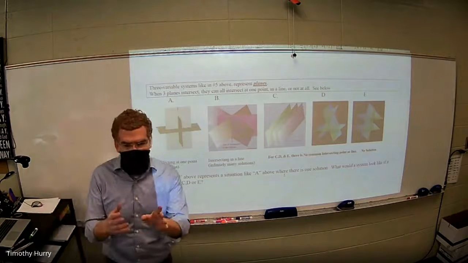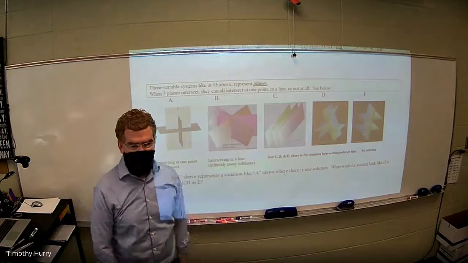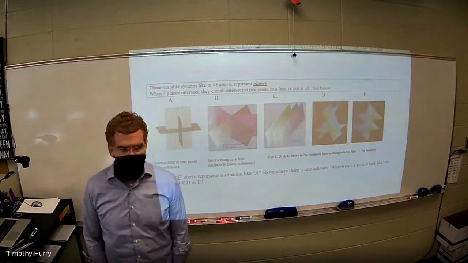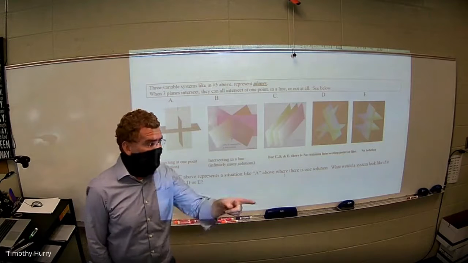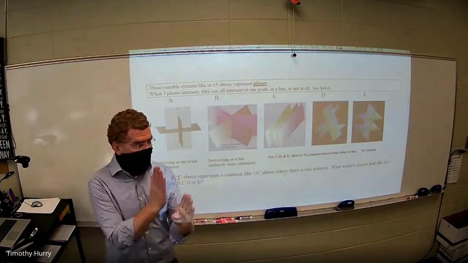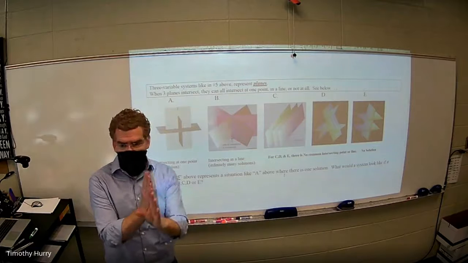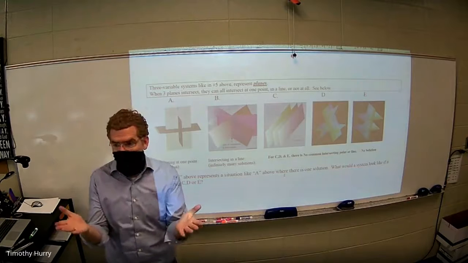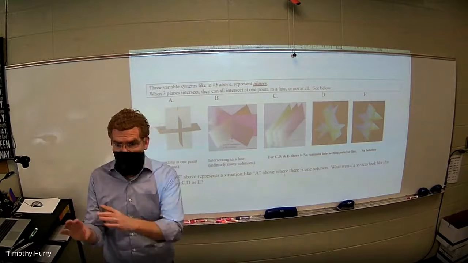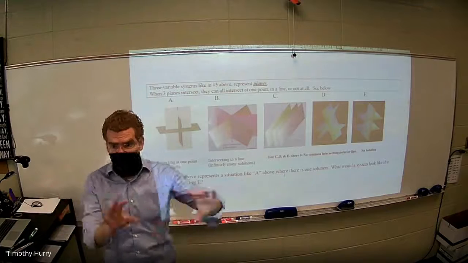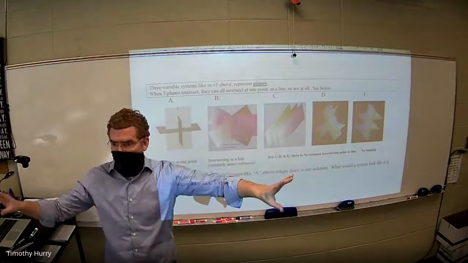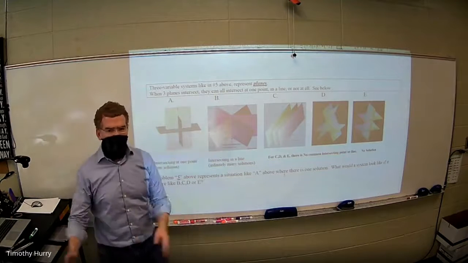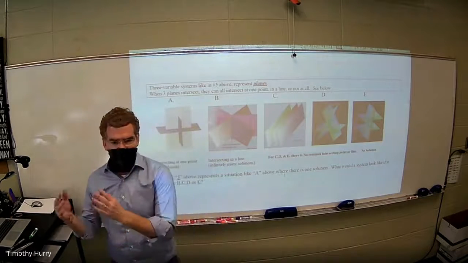What if you're going to solve and all of the variables disappear and you get 0 equals 0? What do you think that means? It used to mean that there were infinitely many, when you had 2 lines, the lines basically were the same line. But now it doesn't mean just that. It means that you still have infinitely many if everything cancels and it's true, like 0 equals 0, everything canceled out. It just means that you intersected in an infinite number of places. But what if all the variables cancel out and you get something like 0 equals